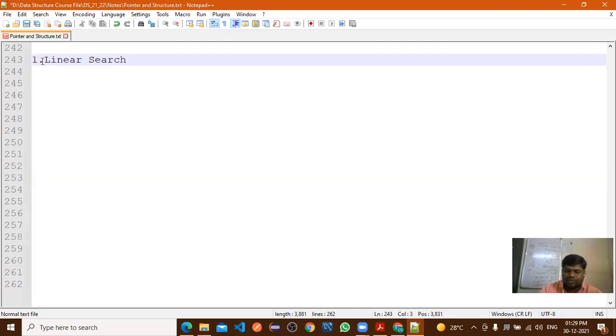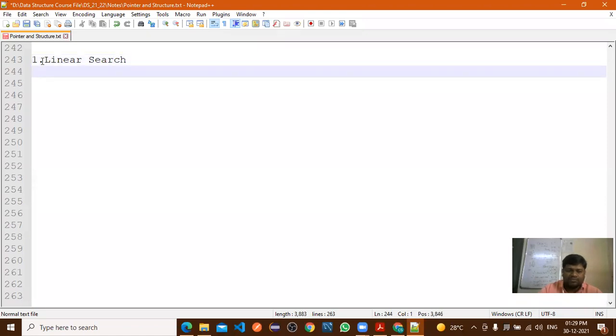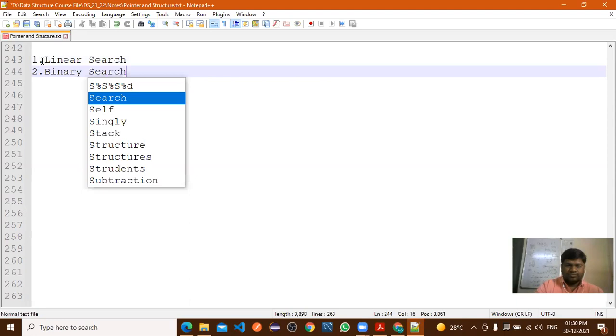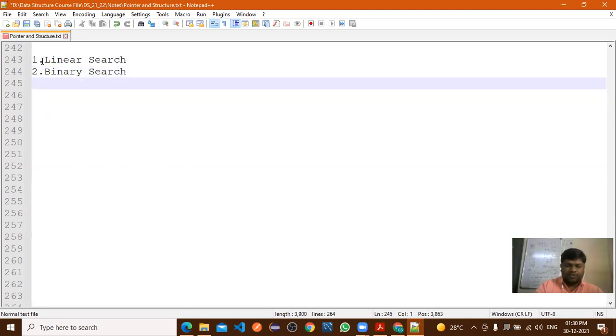Implementation of the same program from my side, it is completed. Yes, sir. Okay. After that, another one is binary search. Next, the third one is bubble sort.